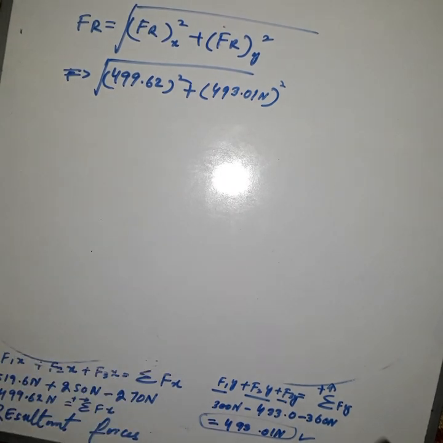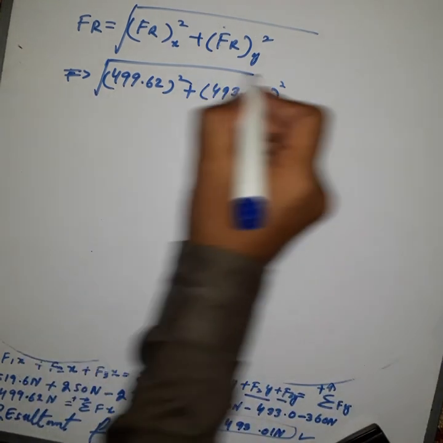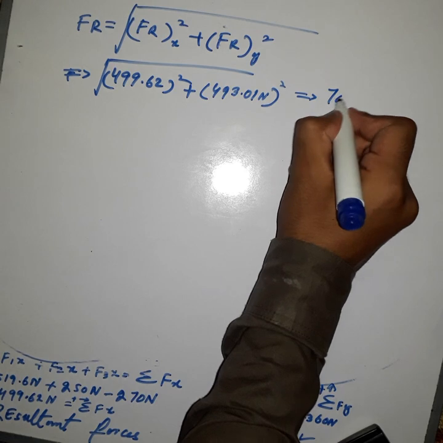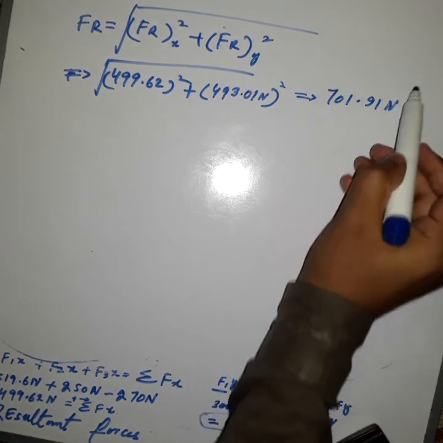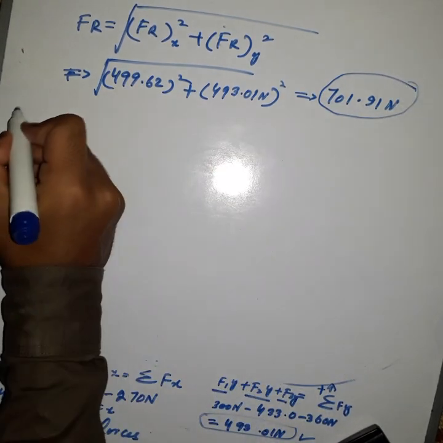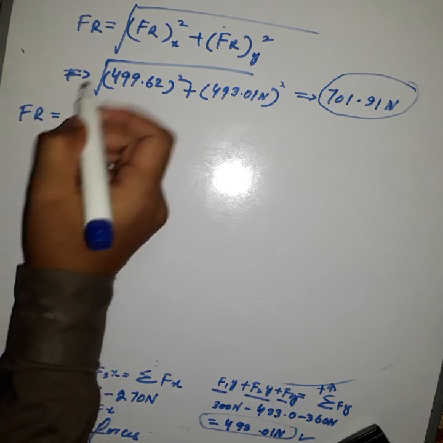Now using a calculator, we will find the resultant force. 499 squared plus 493 squared, taking the square root, is equal to 701.91 Newton. So we have finally found FR, which is our resultant force,